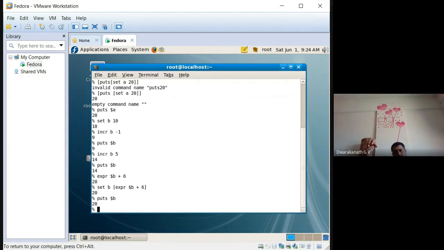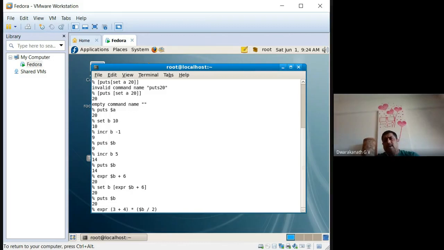Even in an expression, you can go with a compound arithmetic expression, using many brackets also. For example, EXPR, just for the sake, 3 plus 4, into $B divided by 2.